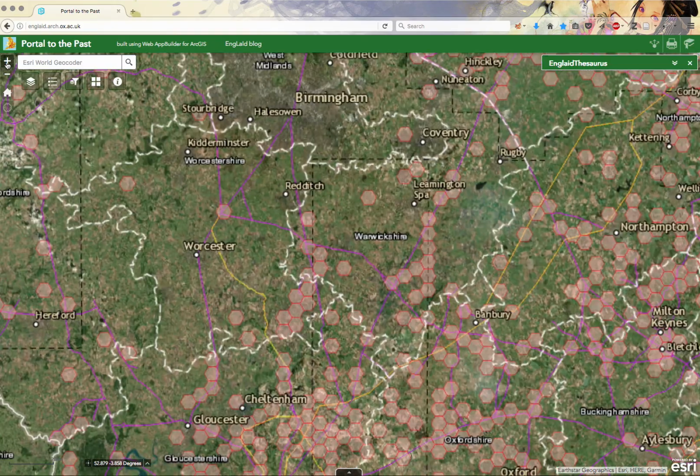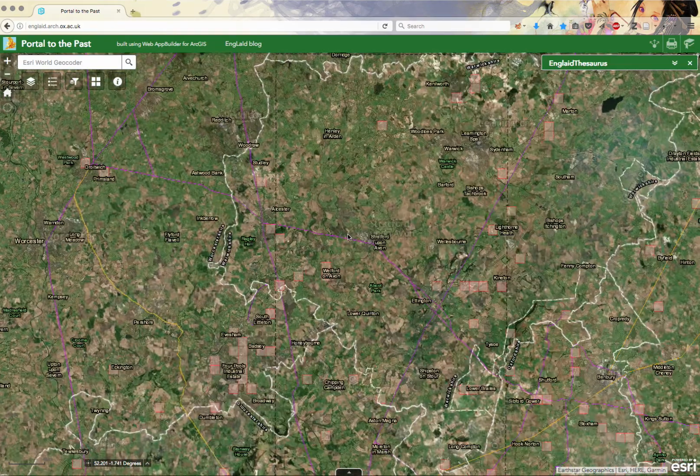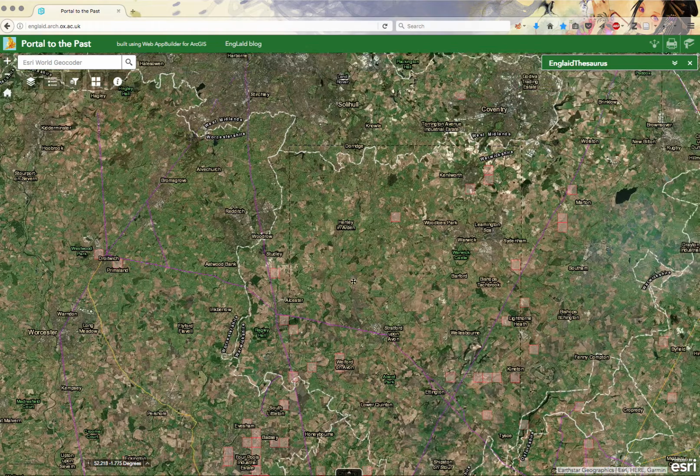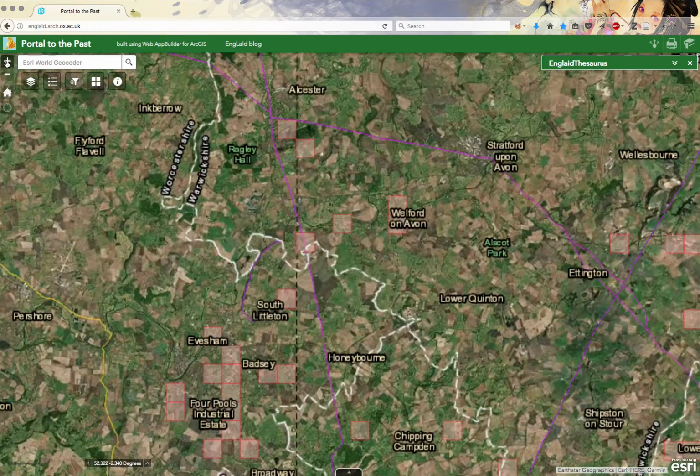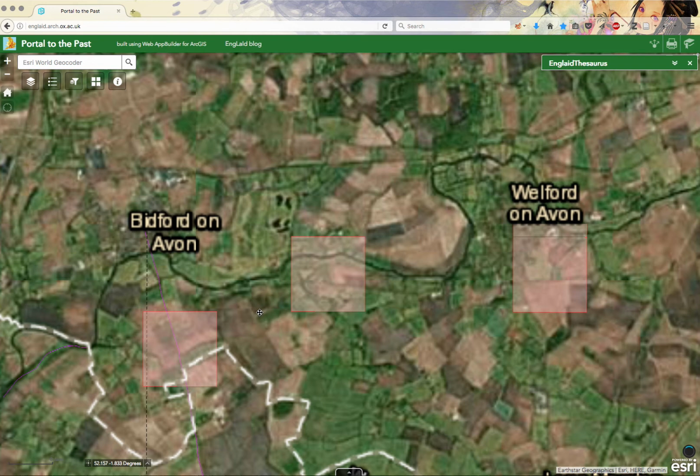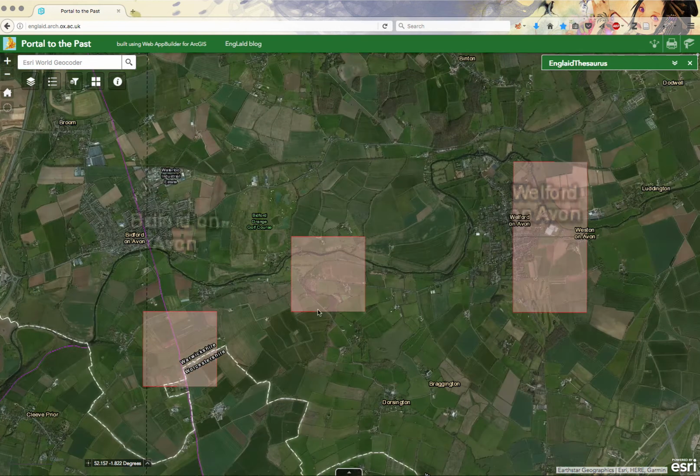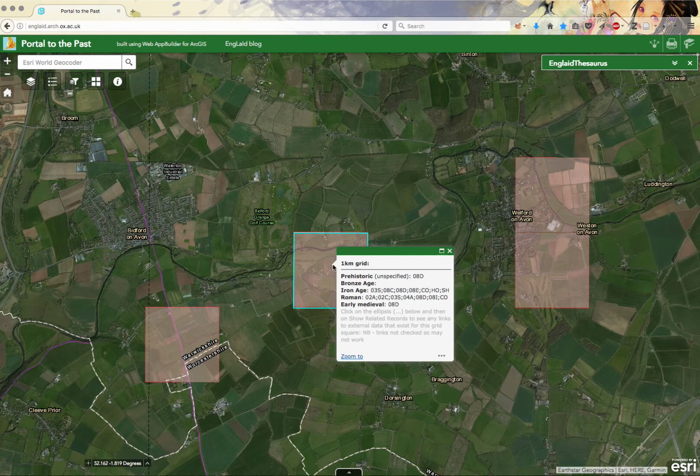Okay, so that's the basic functionality of the website. The other thing that it does is where there are existing data sets that exist online, which we sourced, when you zoom down to the 1 kilometre level and click on one particular square, it will show you again all the different types of things that are in that square. This happens the same with the hexagons, but the links don't exist for the hexagons. And then it gives you a little message here